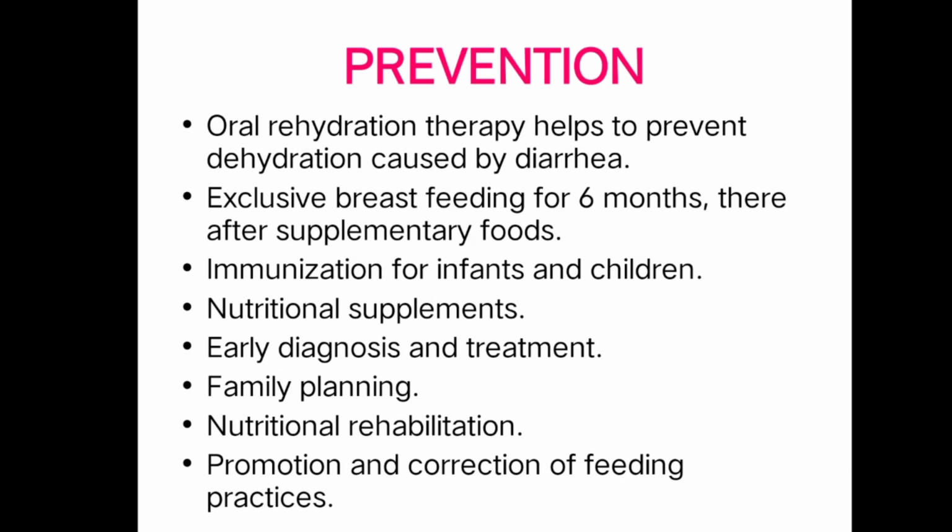So you have to identify, as a nurse, how the feeding pattern of the child is, that is, how much protein intake there is, how many carbohydrates the baby is taking, and how many kilocalories the baby is taking, and you have to correlate with the recommended dietary allowance, and you have to prevent and give the proper nutrition.